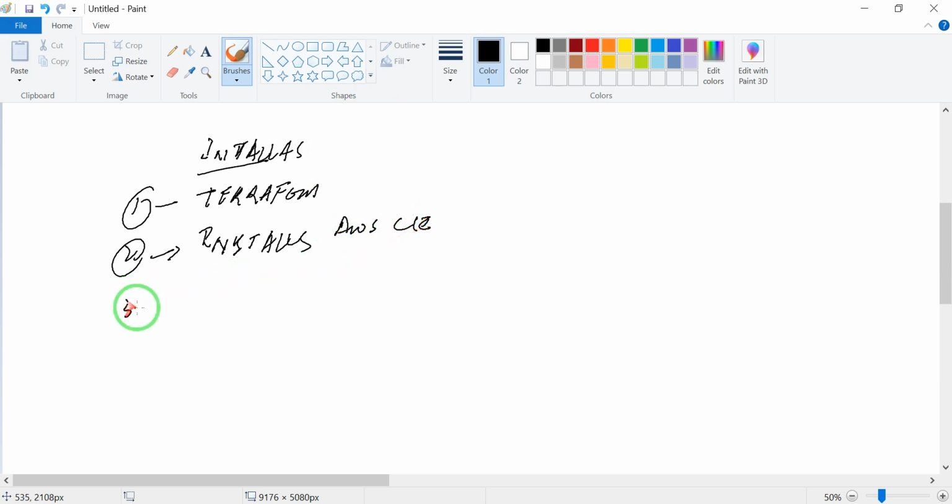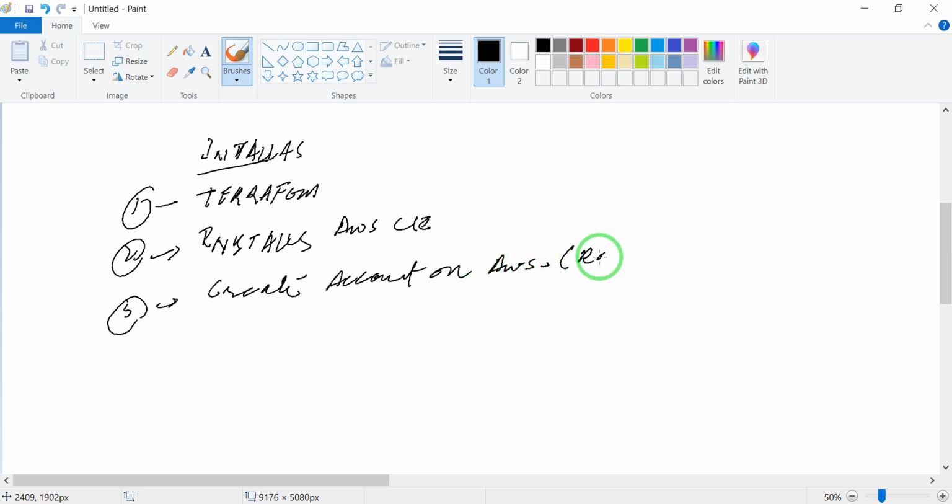After that, you can create an account on AWS which has a power role.